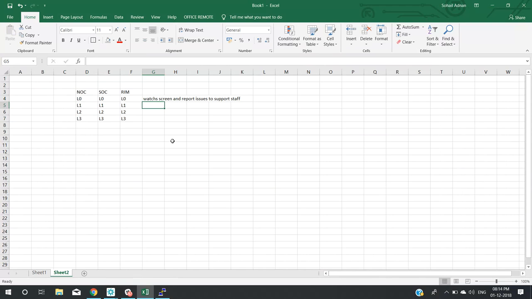Right. So that means when I started my career way back in 2008, I was a campus recruit at HP, and I was absolutely a fresher. I had no idea what I'm doing there. And they put me into a monitoring team where I had to watch monitoring tools: Nagios, Zabbix, Nimsoft, SolarWinds, and half a dozen different monitoring tools were there. I'm supposed to keep watching the screen, keep track of events and alerts that are popping up, right? And then based on the alerts, based on the issue, I am supposed to create a ticket and send it to the database team, create a ticket and send it to the Windows team, create a ticket and send it to the network team. That was my job, and that is where I started my career from. So usually I used to watch the screen and report issues to the support staff,